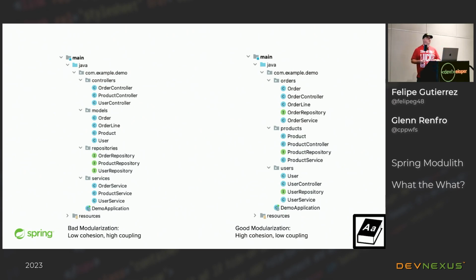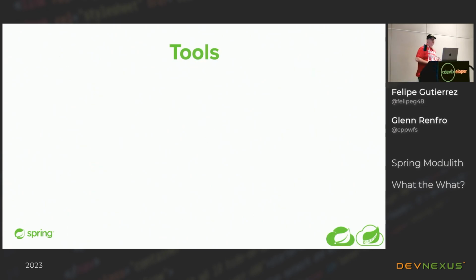Now, with any Spring project, especially if it's built off of Boot, there's going to be a default set of behaviors of what we would say are good practices. So Spring Modulith will say, look, I'm going to look at your base package, and then I'm going to look at the packages directly underneath, and those packages will be our modules. So for example, in the demo, we'll have the orders module, the products module, and also the users module. Knowing that default behavior, these will be the 3 modules that it's going to identify.